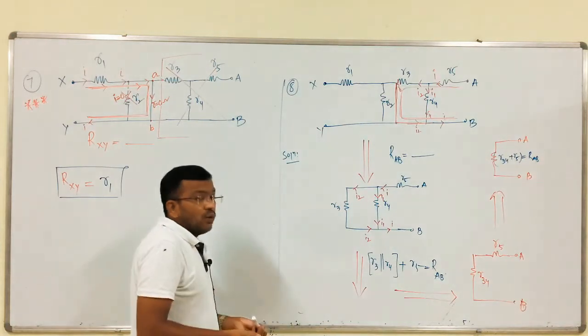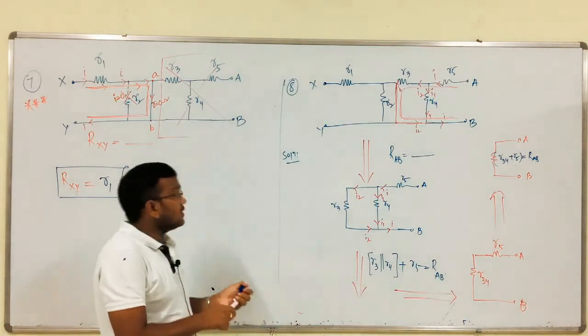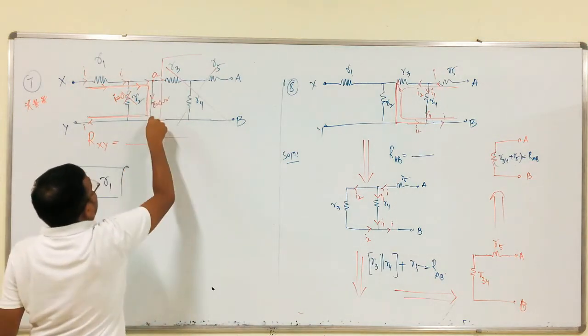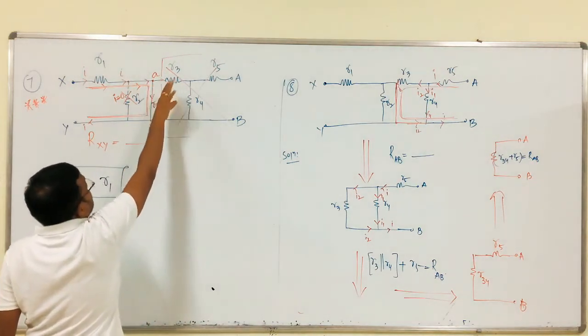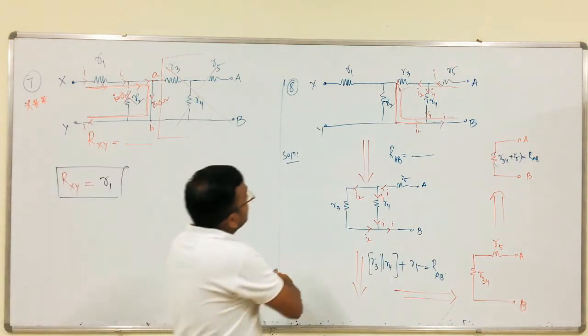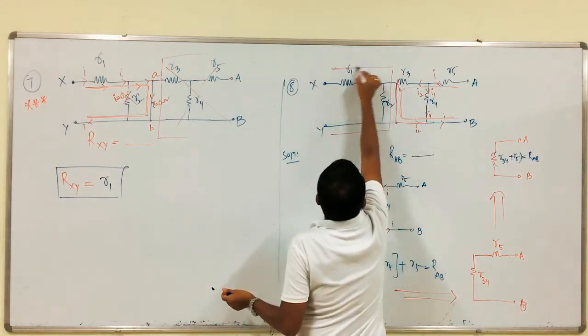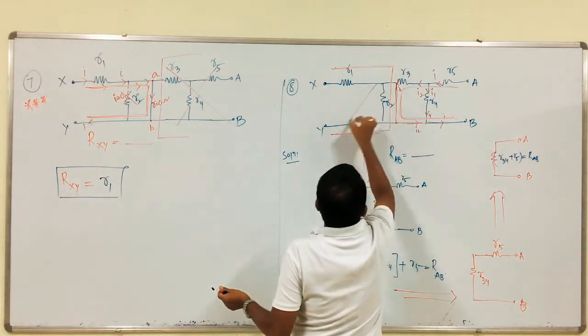So, like this you have to analyze the circuit. Always current prefers the low resistive path. So, between these two terminals we have a short circuit path. There is no current through this other side of the circuit. Like this, there is no current through this circuit.